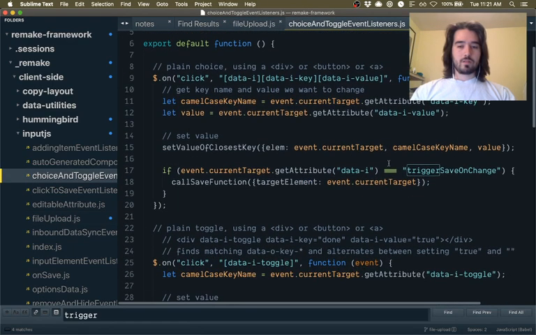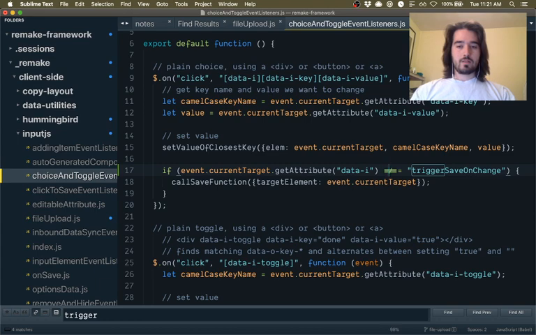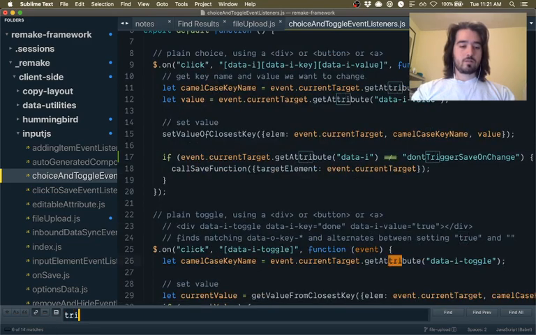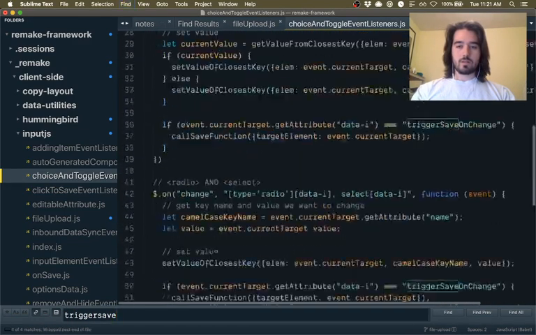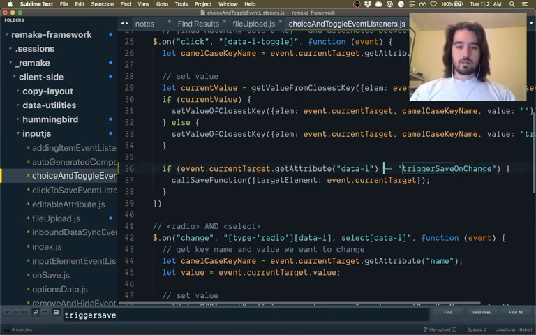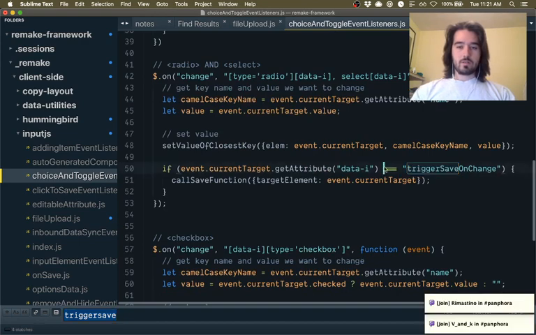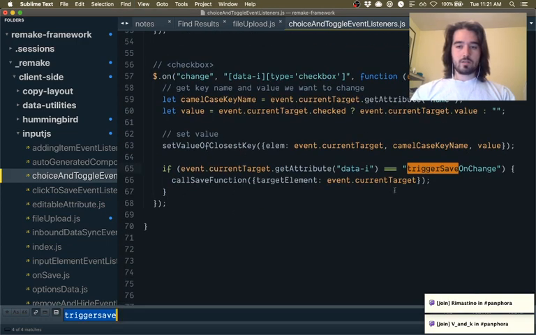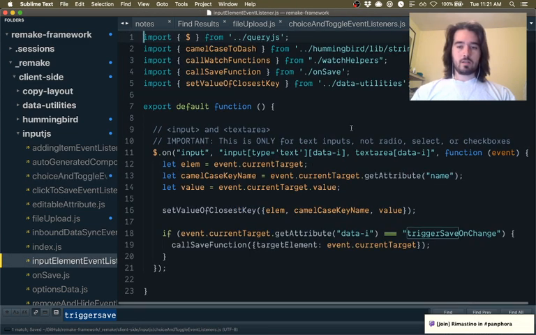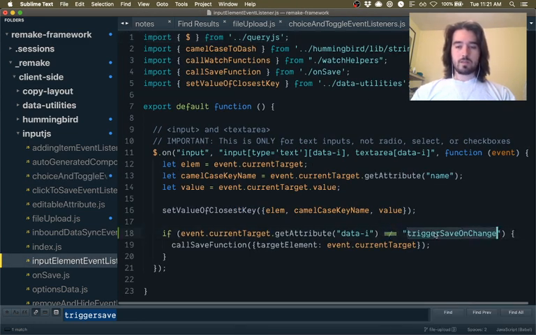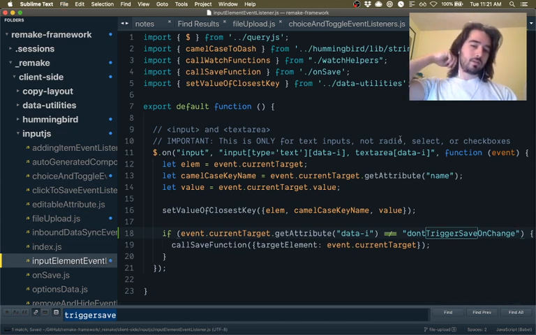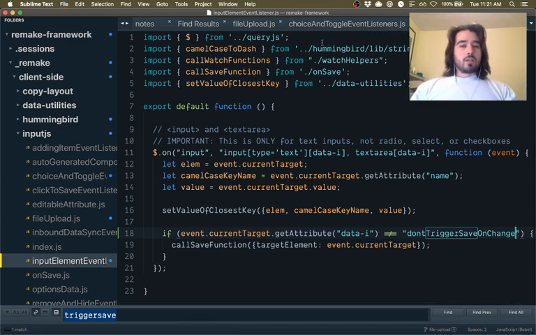Okay. So again, shoot, trigger save. Okay. So we're going to say if it doesn't equal don't trigger save on change. And if it doesn't equal don't trigger save on change. And if it doesn't equal don't trigger save on change. Okay. And then this one more. If it doesn't equal don't trigger save on change, then we're going to save. Okay, so